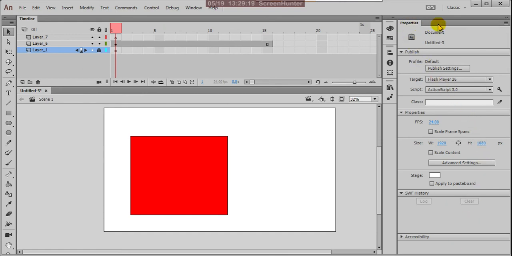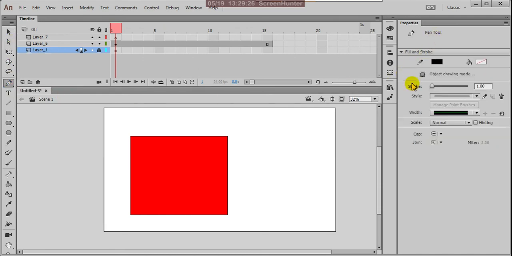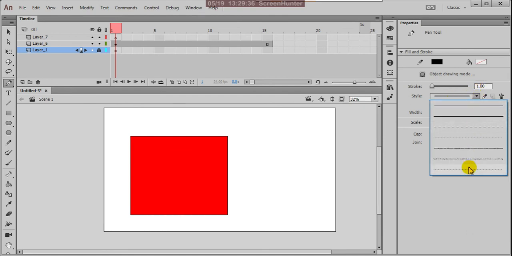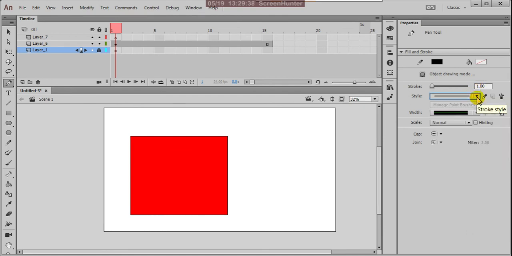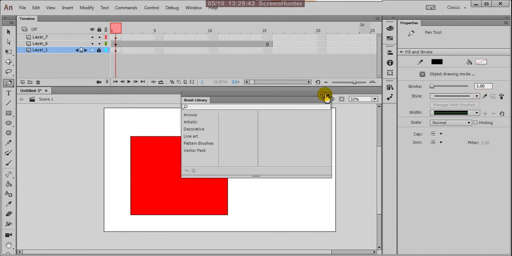Here these are the properties of each and every tool. When you click anything, on the right side in properties you can adjust all those things. Suppose here the stroke value, stroke thickness, and the line style, whether it is a dotted line or a normal line. It shows properties related to each and every tool.